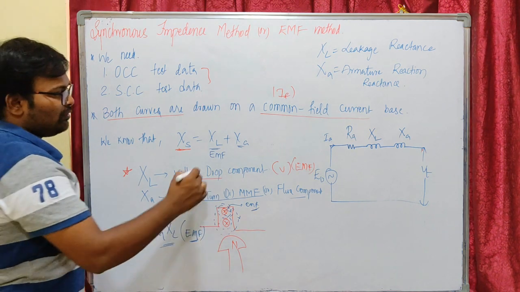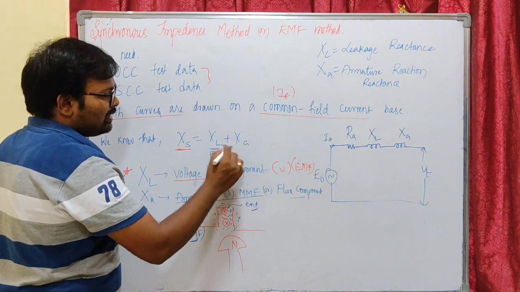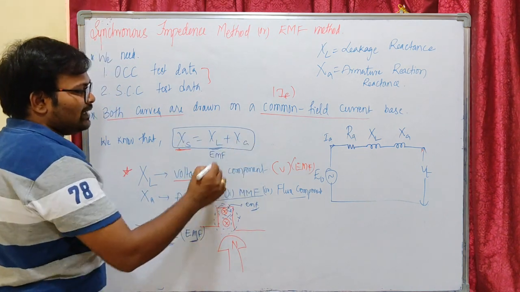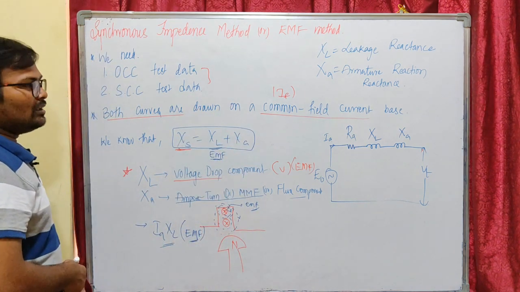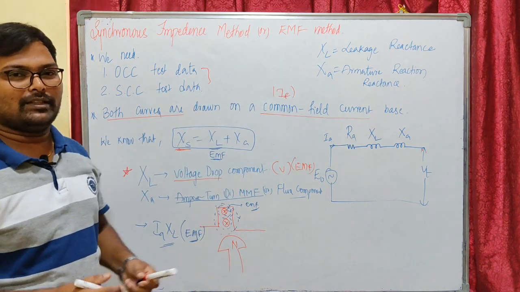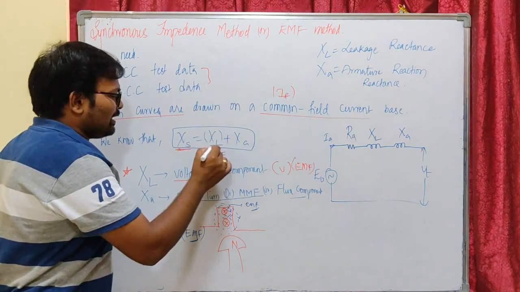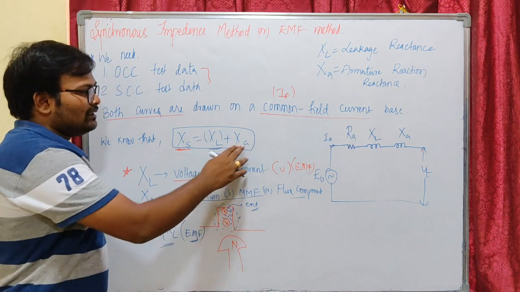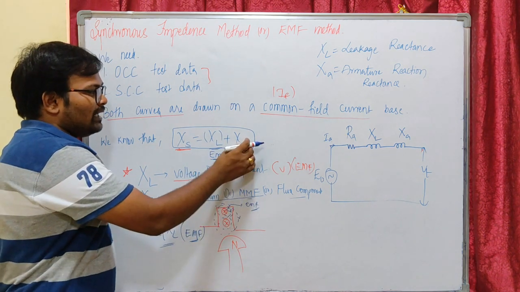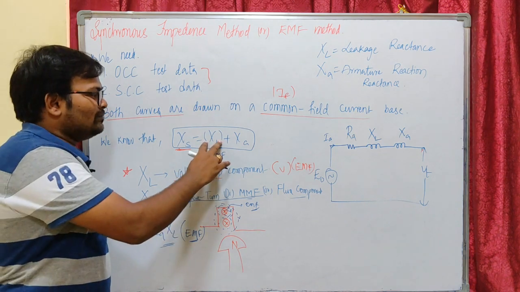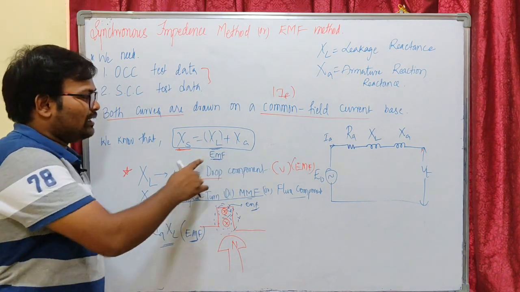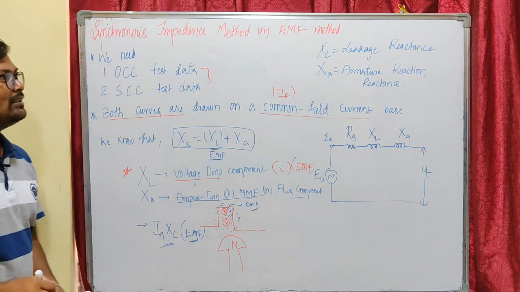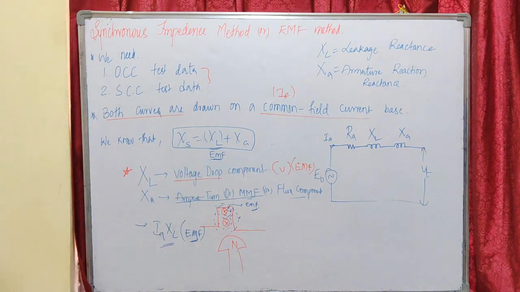So I am not going to treat our XA separately. I am going to add the cumulative effect of XL with XA, and I am going to treat it as an EMF effect. So that's why the name of the method is called the EMF method. I hope you understand. We are going to consider XL as the dominant one here, and we are not treating XA separately, as it is a flux component. We are only treating it in addition to our XL. So the total effect of synchronous reactance will be an EMF effect, and that is nothing but the EMF method of finding voltage regulation.